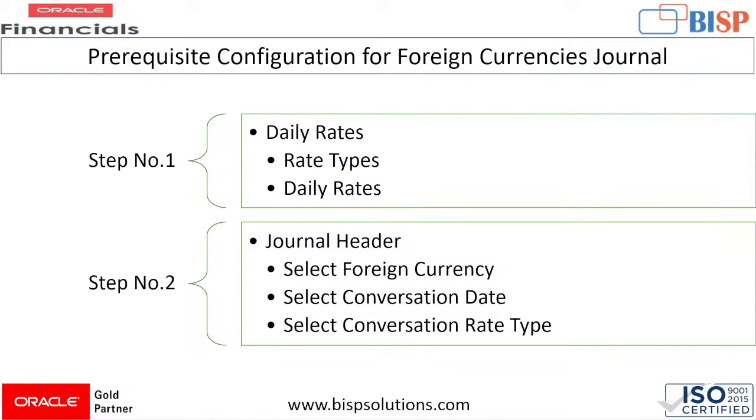We are going to the application to see how the rate types and daily rates are uploaded, and we will use this particular rate and rate type. We will use the rate between USD and INR. And then while creating a journal in the journal work area,